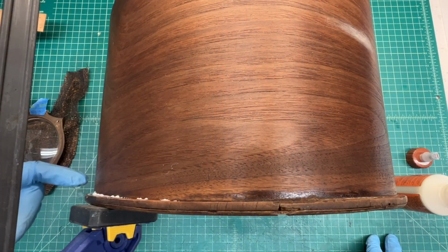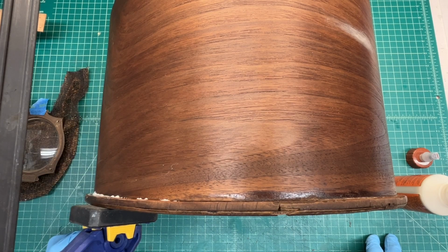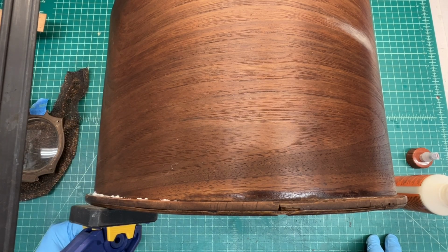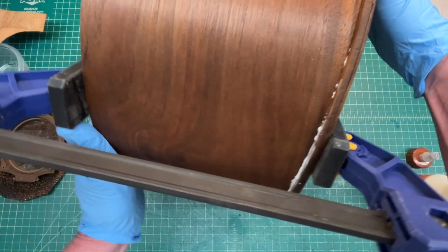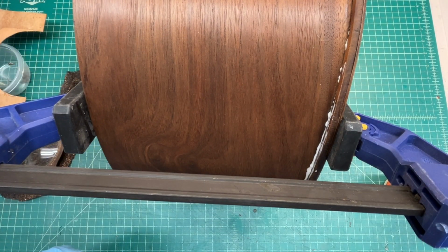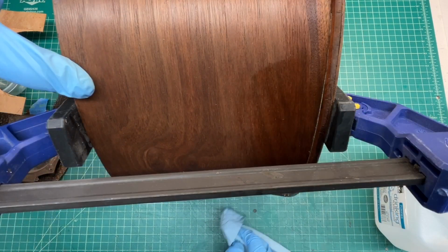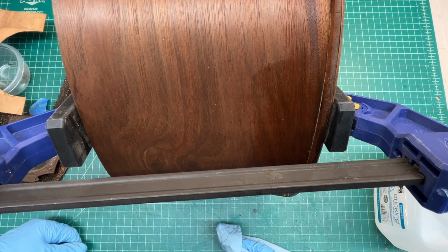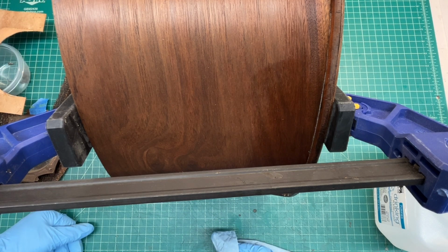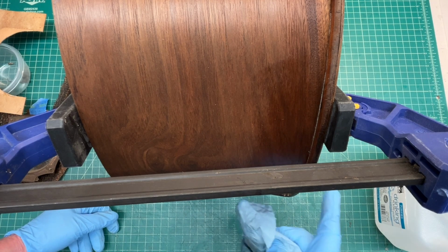Just applied some Gorilla Glue down in this area where the cabinet is loose. And let me go ahead and get a wet rag and get all the extra glue off before it dries. I think that will take care of it. I'll let this stay clamped for a period of time and then come back and start looking for more loose